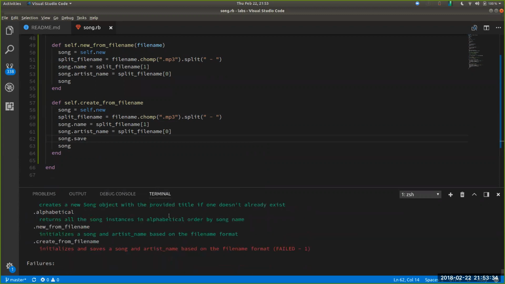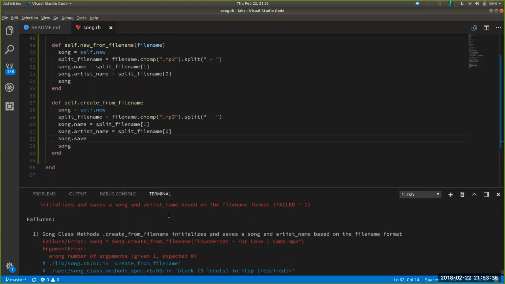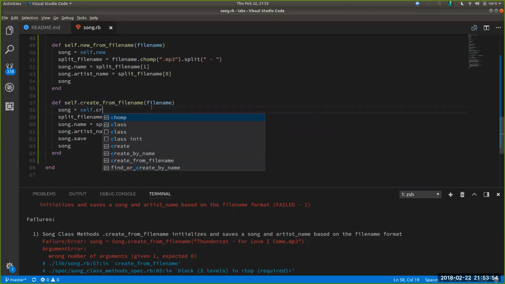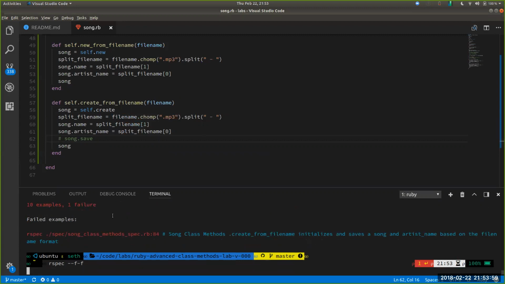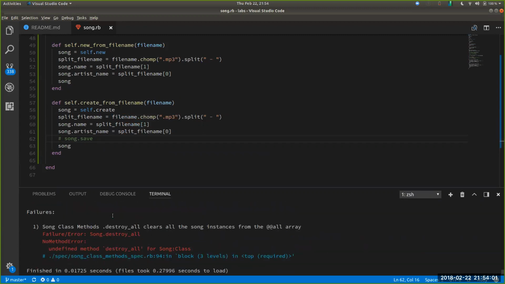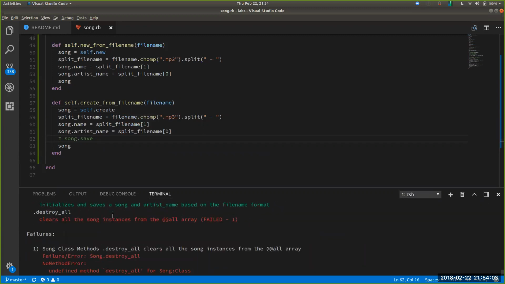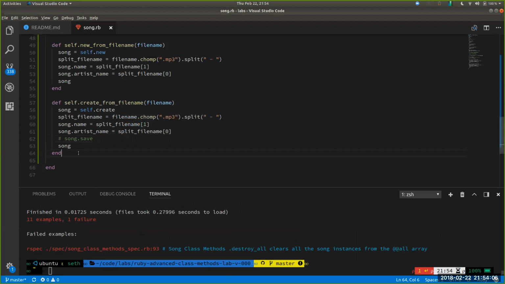Okay, nope. Let's see. Create a name. We split it, we chomp it. All right, wrong number of arguments. Oh, we need the file name here. So maybe create did work. I wasn't reading the error. Let's see. It did. Cool. So now our last method